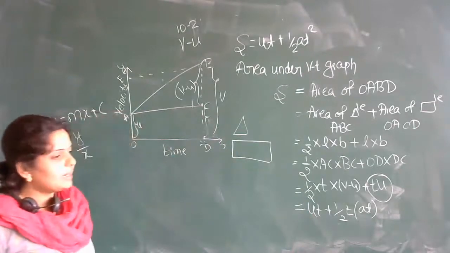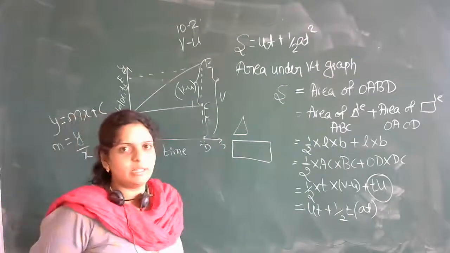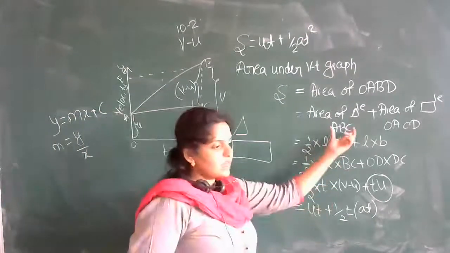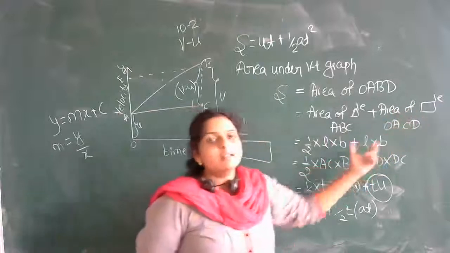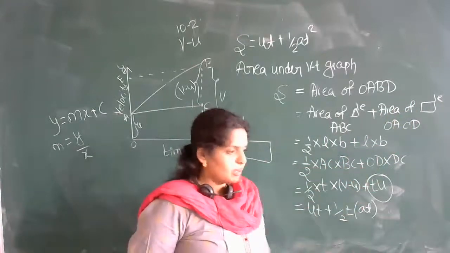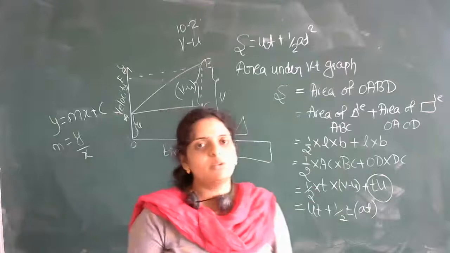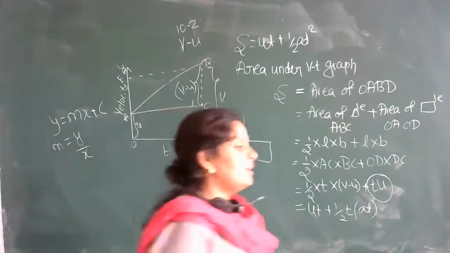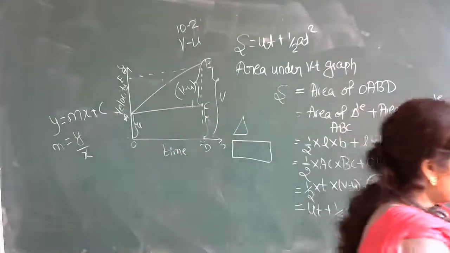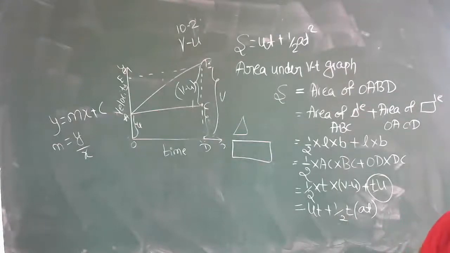So the steps are a little lengthy, but it is actually an easy derivation. The only thing is area of triangle, area of rectangle: substitute the values and simplify. Over. Any doubt, students? Any doubt in this derivation? You can copy down and just see the derivation once. Which step do you have a doubt in? Ask. Don't hesitate. You can ask me.